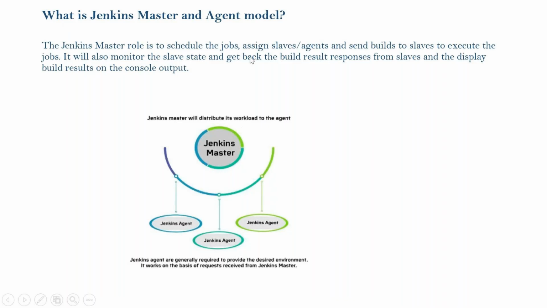And then, what is the Jenkins master and agent model? We will learn this practically as well. The Jenkins master's role is to schedule the jobs, assign slaves or agents, and send builds to slaves to execute the jobs. It will also monitor the slave state, get back the build result responses from slaves, and display the build results on the console output. So in short,